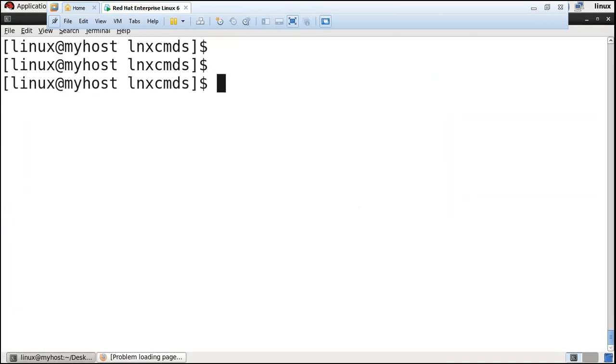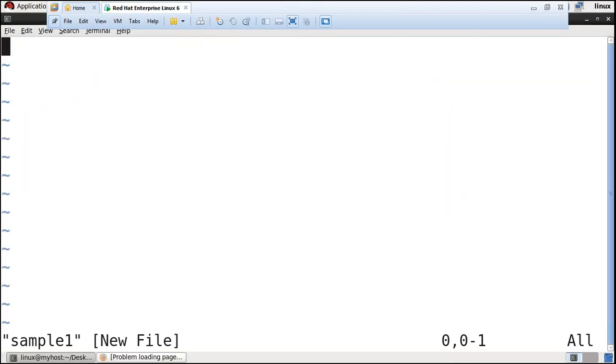And the vi editor is generally used to create a file. vi space file name, then sample1 and enter. Here, this is called command mode. The moment you press i, it is insert mode and you can type all the information here, then press escape, :wq, save and quit. After that, saving, deleting, replacing, and all the commands we can see here.